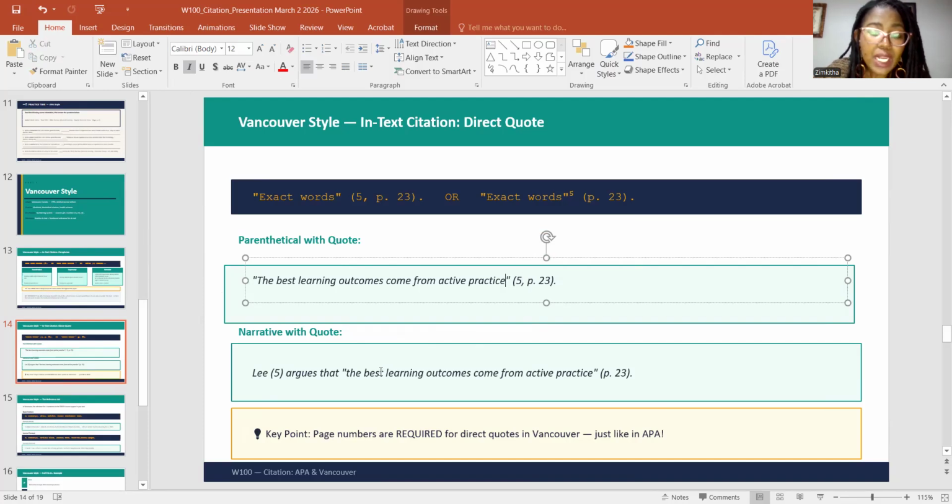In the narrative way, you can say Lee, source 5, argues that the best learning outcome comes from active practice, open parenthesis, page number, close parenthesis, full stop. So page numbers are required for direct quotes in Vancouver, just like in APA style.